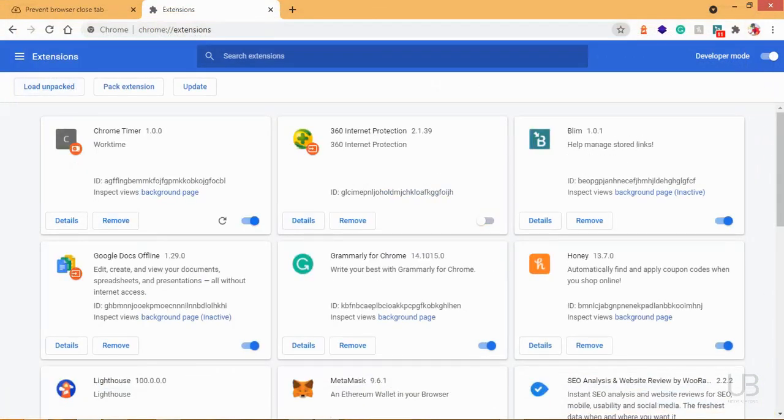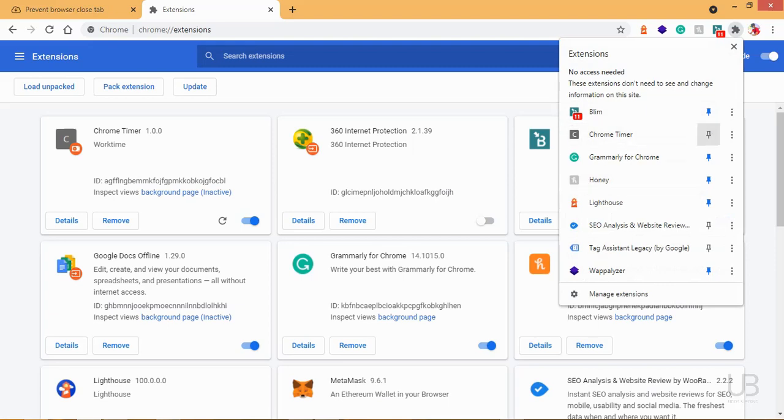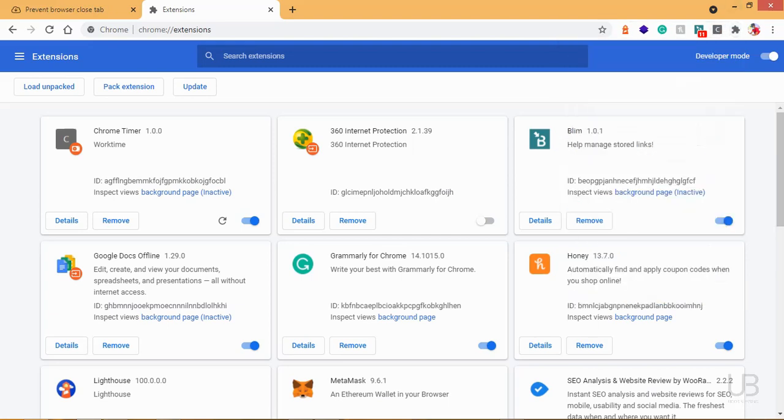So now we have our Chrome timer as part of the extensions that we have. To get to this page, just go to chrome://extensions, or you can just click on this icon and click on manage extensions to get here. You see work time is the description we gave it, and that is why it is here. So let us access it. You can come here then pin it so that you can have it as part of your favorites. Then when you click on it, work time, 0 seconds remaining, activate. Alright, so it is working fine. Let's move to the next step.